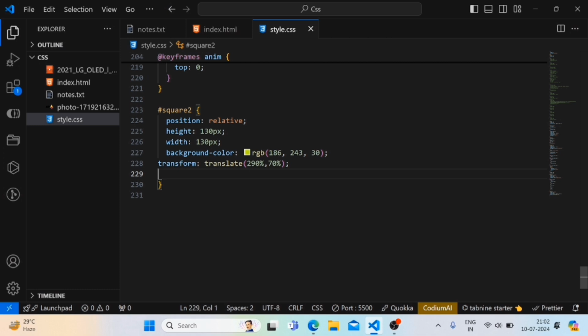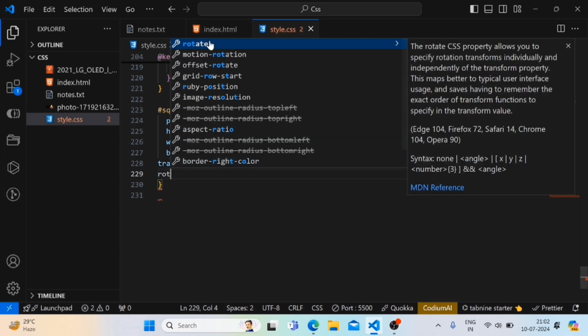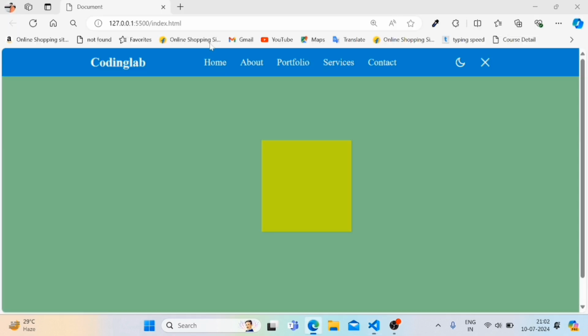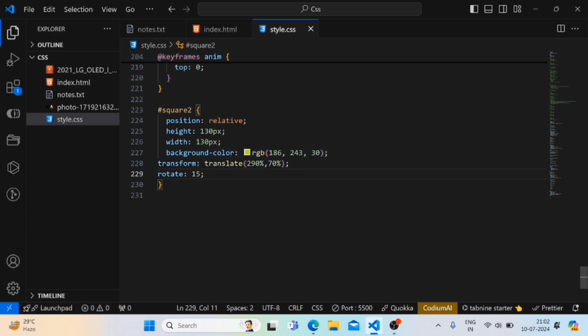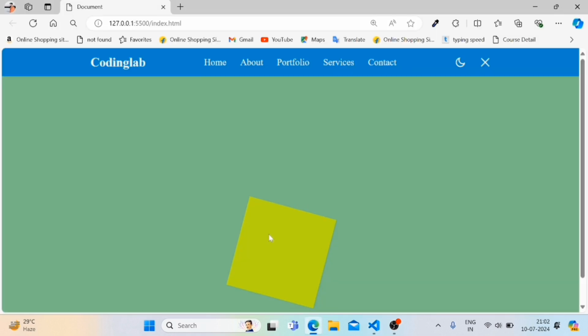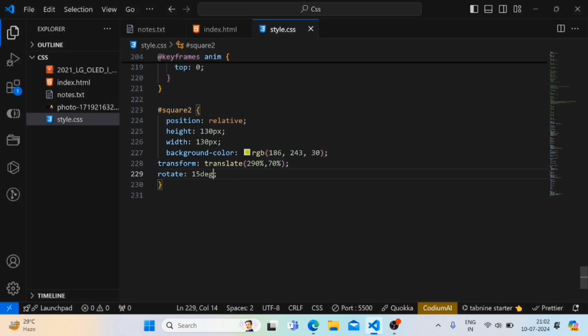you can give here rotate. So you can rotate as per your requirements. So let's rotate this 15 degree. You can see our element is rotated 15 degree, and